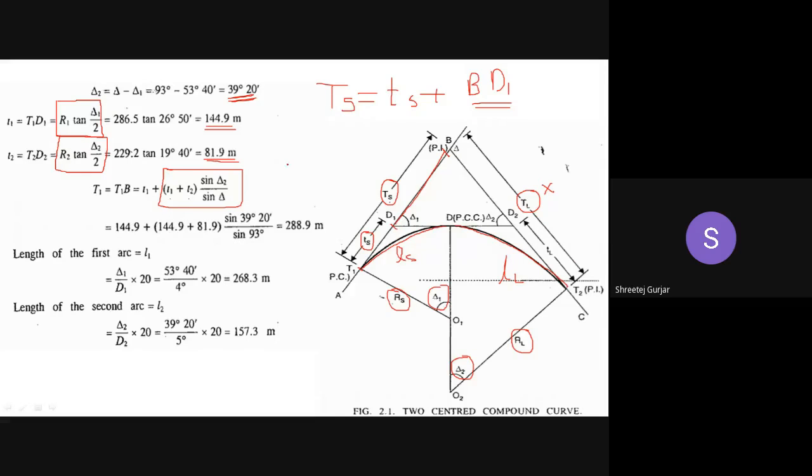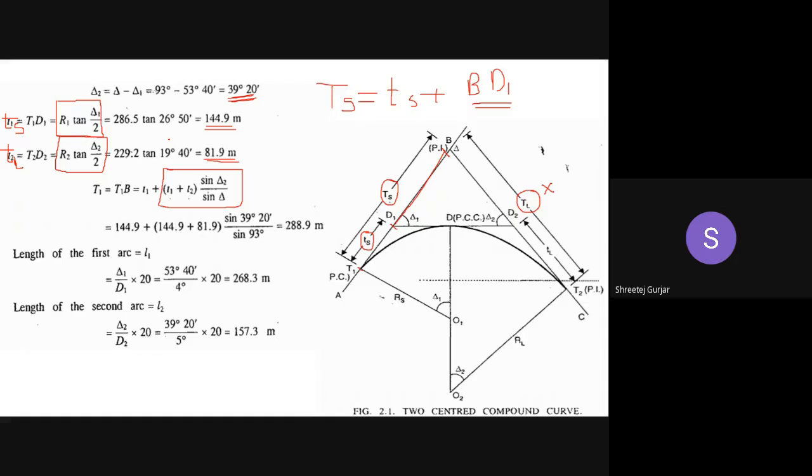Previously I told you LS and LL; this particular length we can calculate later on. So R tan delta 1 by 2 will give you T. It will give you TS and it will give you TL. Correction: it is not length of the curve. This formula will give you the tangent length, TS and TL. So previously I told you we will calculate length; no, length we will calculate later on. We will calculate TS and TL using this particular formula. R tan delta by 2 is used to calculate TS and TL.